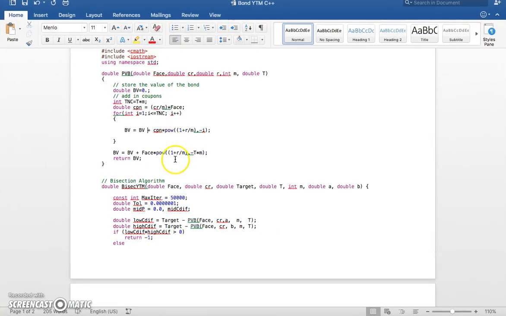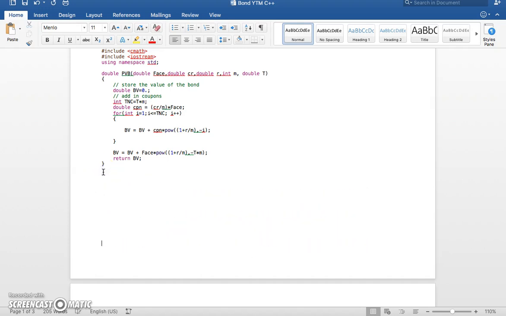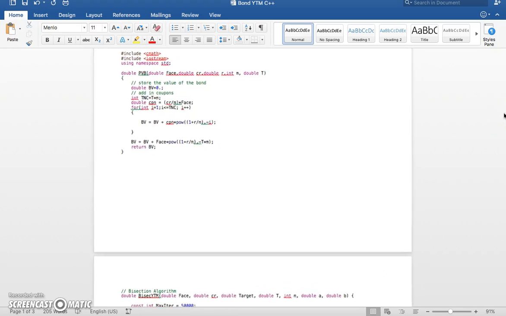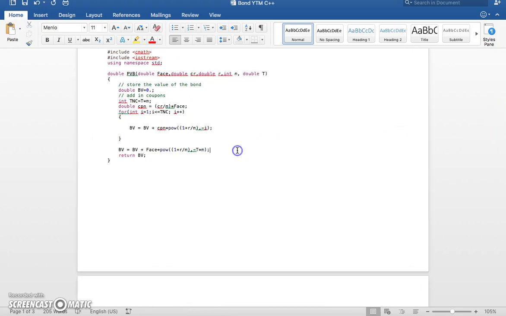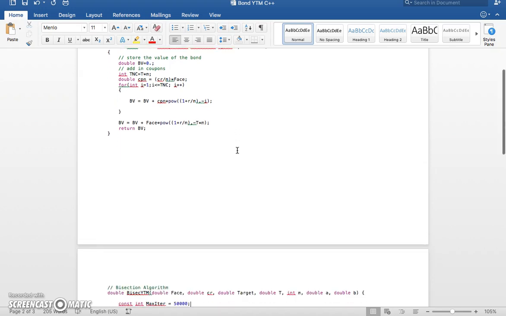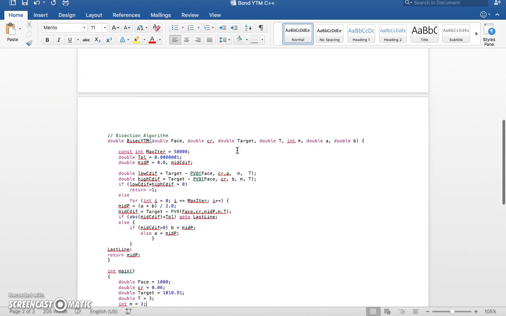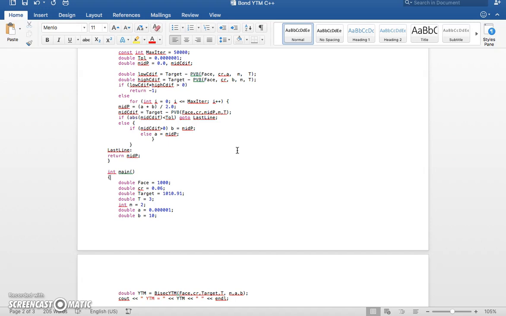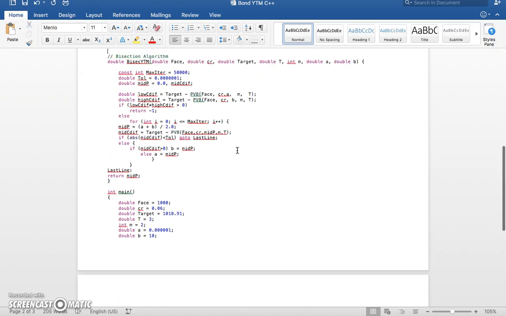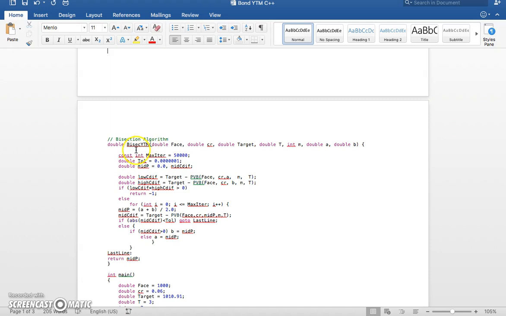Okay, so let's take that bit of code and take a look at the next section. Well, the next section, maybe we can bring it down, is the bisection. So we want to look at the bisection, and what the bisection is putting in place is saying, okay, let's take the yield to